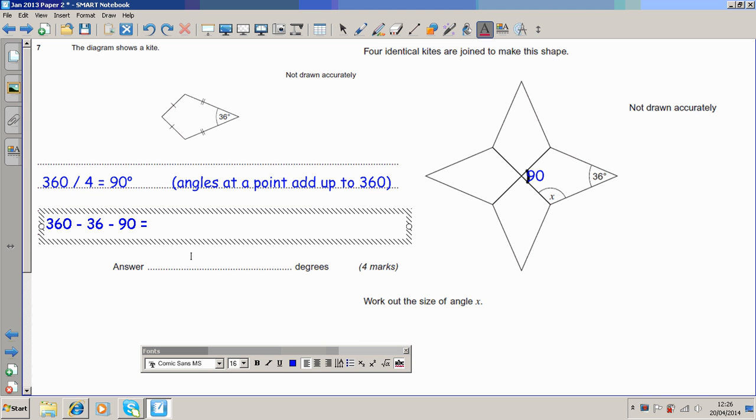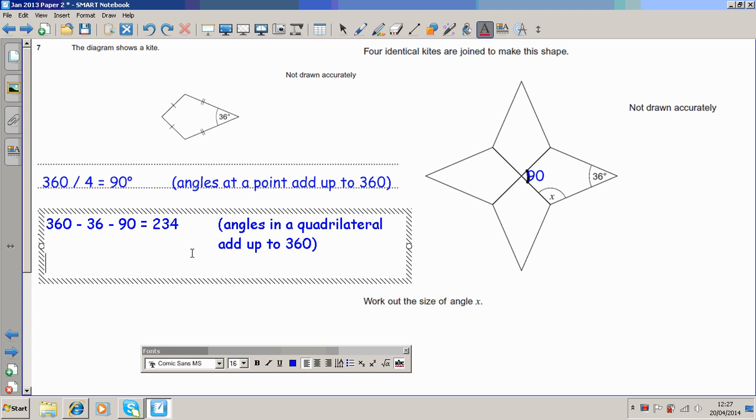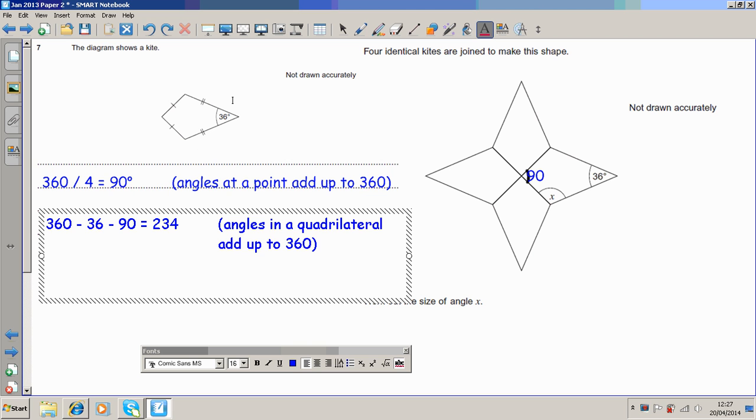So that is going to be, again, get my calculator out, I think it's 234, isn't it? But it's worth checking. 360 minus 36 minus 90, 234, yep. Again, give a reason for that. Angles in a quadrilateral add up to 360 degrees. Okay, because it's a four-sided shape, so 360 degrees, and 234 divided by 2